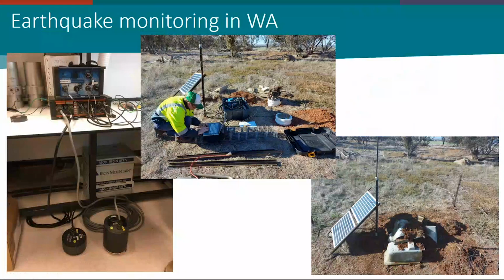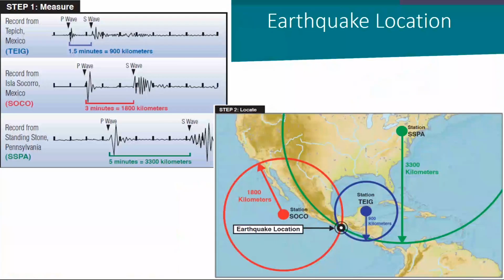How do we actually locate an earthquake? At each station, the first arrival is the P wave, followed sometime later by the slower S wave, and the distance between these two wave arrivals is an indication of how far away the earthquake was from the station that